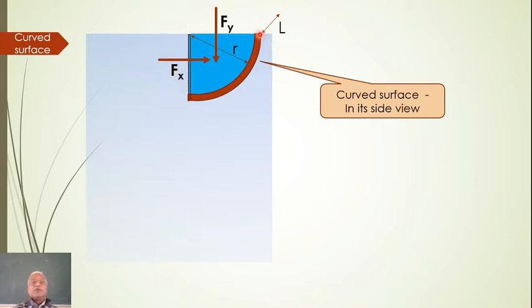Okay, so I have shown a curved surface here with a radius r. It is perfectly a quadrant; I have taken a quadrant of a circle. So this is a cylindrical surface with a depth L. Some surface which will be having length L, in the sense it will be something like that. It will be having a surface that way. Hope you can imagine. It is a cylindrical surface, so it has got a width also, something like that.